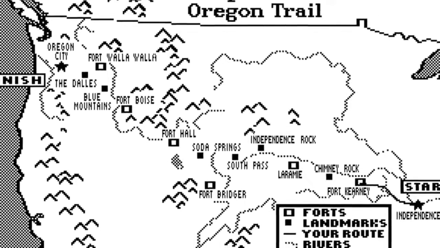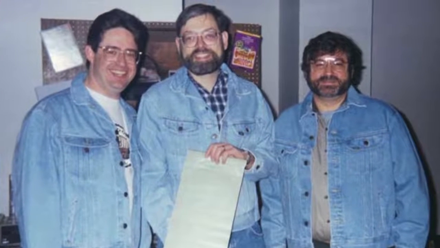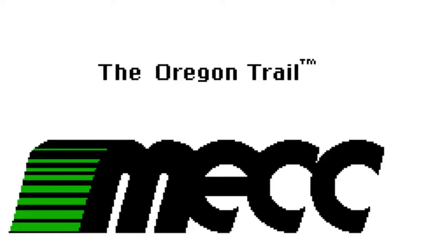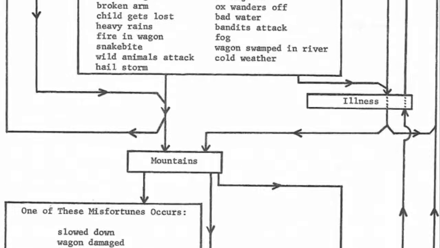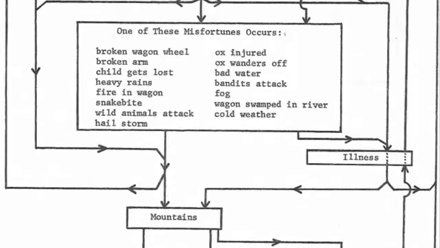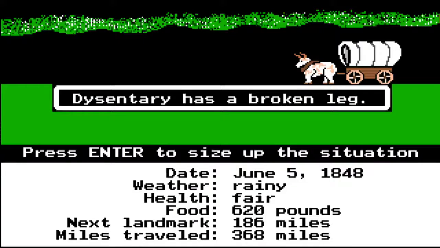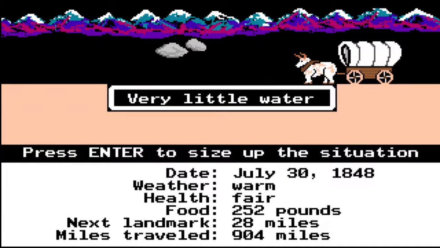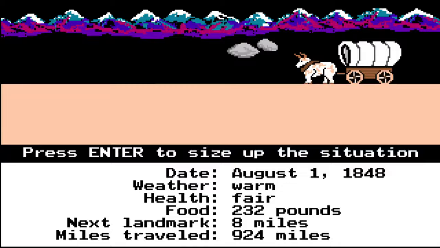The Oregon Trail is a computer game originally developed by Don Rawitch, Bill Heineman, and Paul Dillenberger in 1971, and produced by MECC in 1974. The original game was designed to teach school children about the realities of 19th century pioneer life on the Oregon Trail. The player assumes the role of a wagon leader, guiding his party of settlers from Independence, Missouri to Oregon's Willamette Valley over the Oregon Trail via Conestoga wagon in 1848.